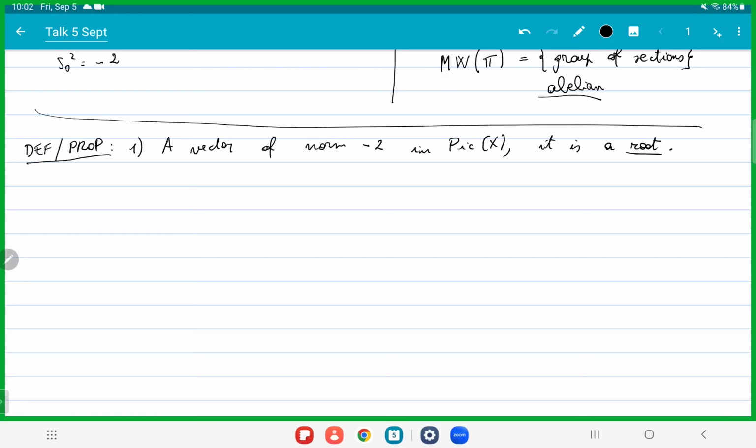And we have seen just before that P1s on K3 surfaces have square minus 2. Okay, so kind of intuitively, roots correspond to smooth rational curves on K3 surfaces. So intuitively, minus 2 roots correspond to smooth rational curves.